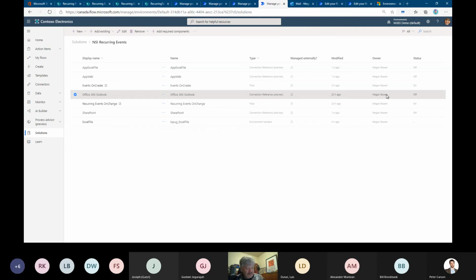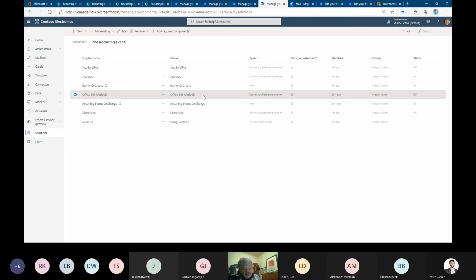She might get the job offer of a lifetime next week, and we don't want her account credentials required to modify and update all this, what we've built here. So this is why service accounts, even with flows, and especially this is one of the reasons why we had to turn to Logic Apps before, but now because I can have custom connections with my flows, as I move this particular flow from environment to environment, the connections will be recreated as I'm installing that solution into the